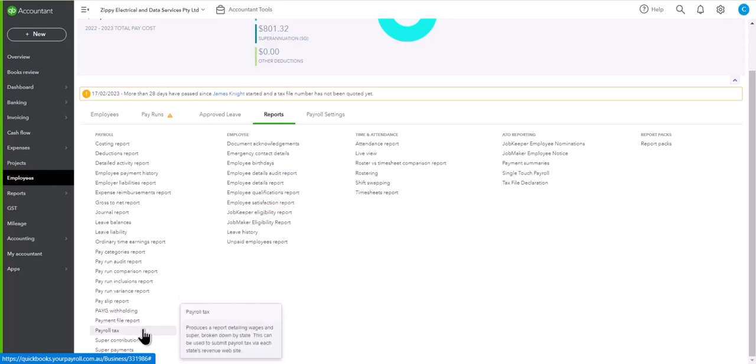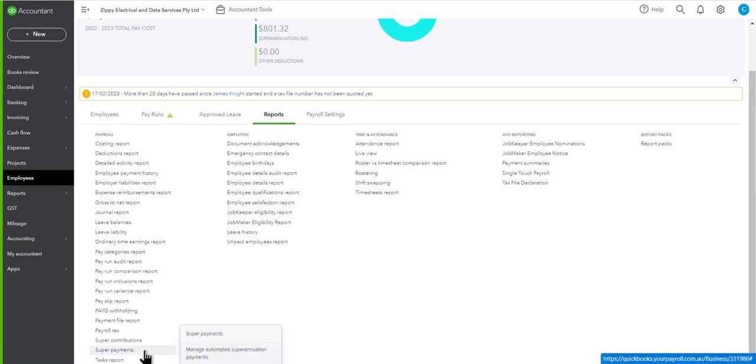Payroll tax, if you want to do payroll tax, you can actually set it up that you've got different states with different payroll tax. So have a look at that if you need to submit the payroll tax. Super contributions, this is the super contribution report. And of course, the super payments, which is where the super is paid via the Beam clearinghouse directly to the